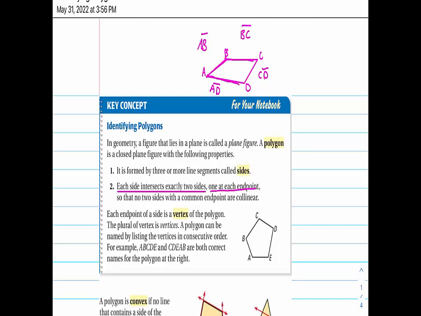So notice each segment has that property. It intersects exactly 2 sides. So see, this intersects this side and this side at 2 points, at the endpoints right there. Okay? When you have a situation like that, you have a polygon,